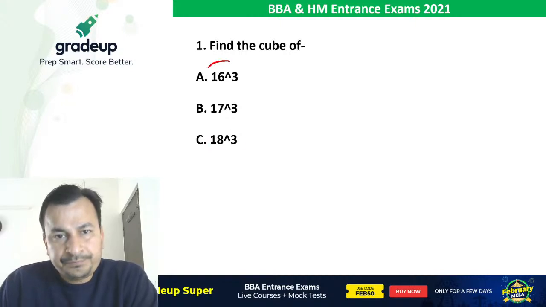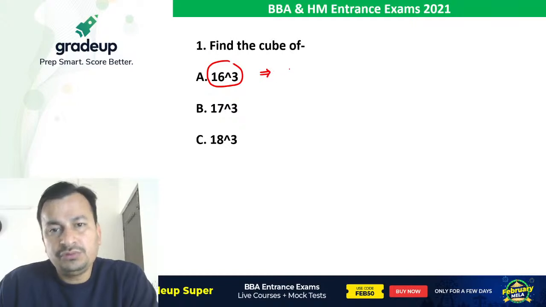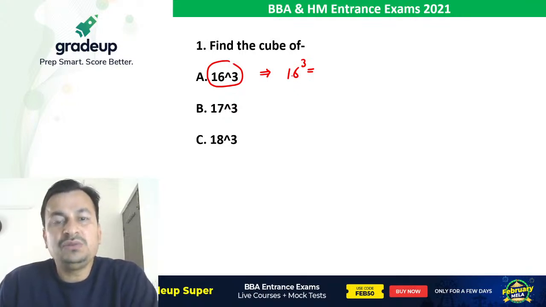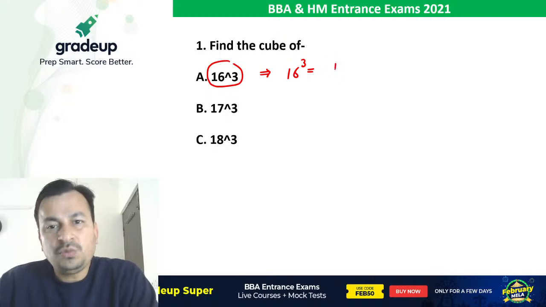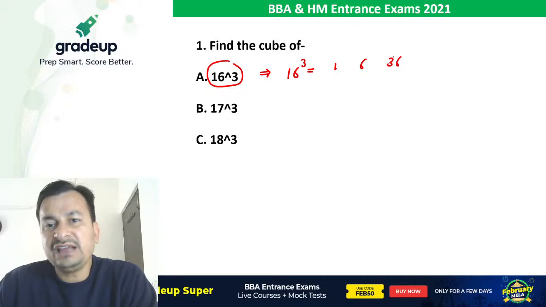So I'll calculate the cube of 16 for you. If we want to calculate the cube of 16, this number belongs to the first category, the category in which the number starts with 1. So first we will write 1, then 6, then square of 6 is 36, then cube of 6 is 216. Now we will